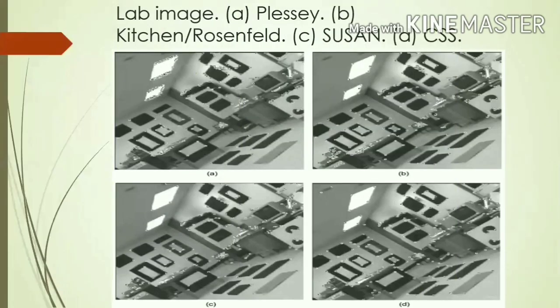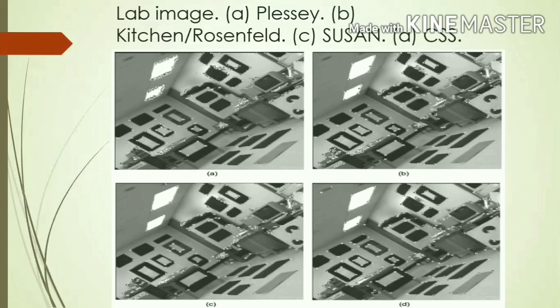So here comes the fourth test image. This test image is an image of some lab. The CSS detector also performed very well. As you can see over here, these are detected as corners and some here also, in the same way over here in this cluster, and the same way over here. But you can see that the CSS corner detection method has performed way better compared to other corner detection methods. And over 80% of the time used by the CSS detector is spent only on edge detection.